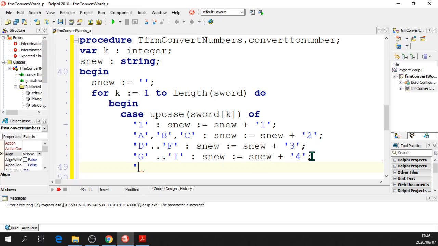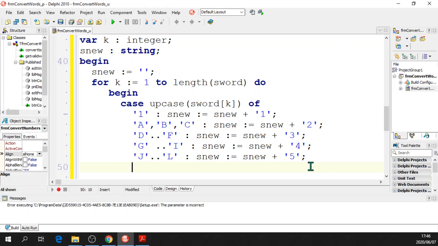If it's J to L, we have S new equal S new plus 5. And by the way, the only way to do this is to copy and paste, because seriously, it will take forever otherwise. M to O,